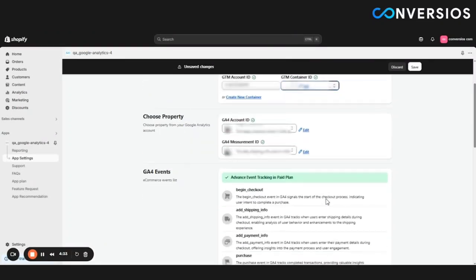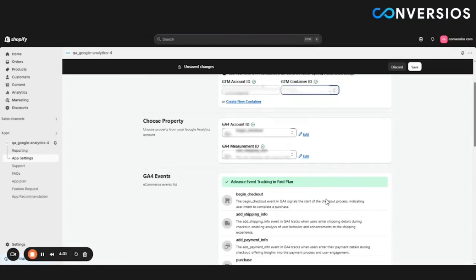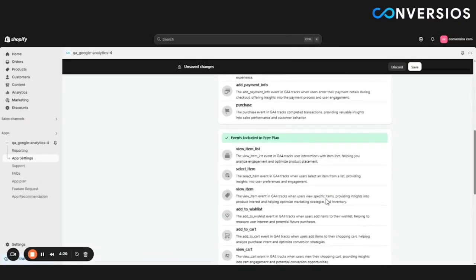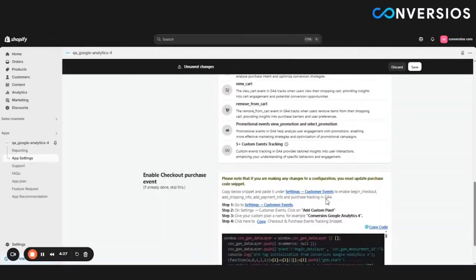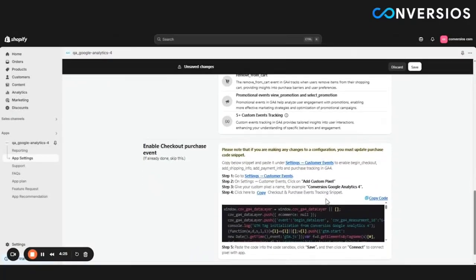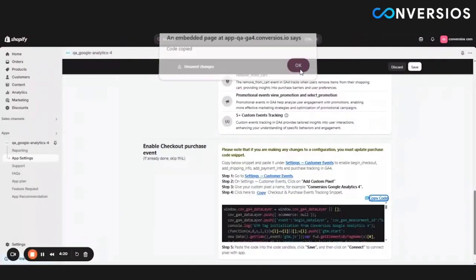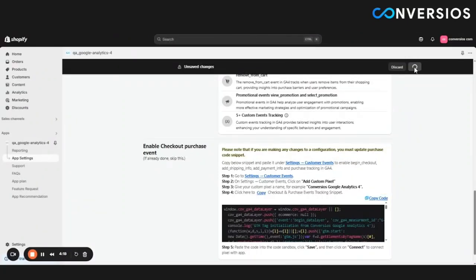container ID, and as we have made changes with the GTM container, we have to change the code as well that we have pasted in the checkout purchase event. So what we need to do, we just need to copy the code, save this,